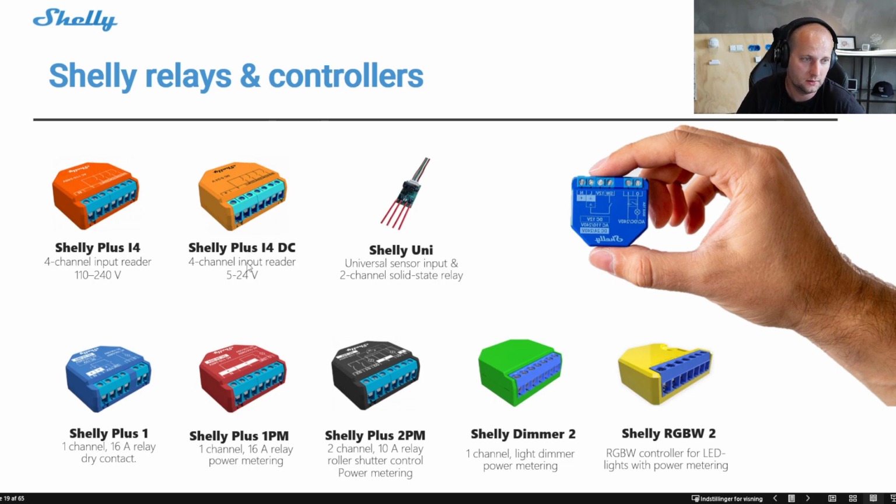So they can read those kinds of signals, and each input has 4 functions. So if you are connecting a wall switch, you have 4 functions: 1, 2, and 3 short clicks, and 1 long press or long hold, long click. So 4 different functions for each input, meaning 16 functions for a single device.